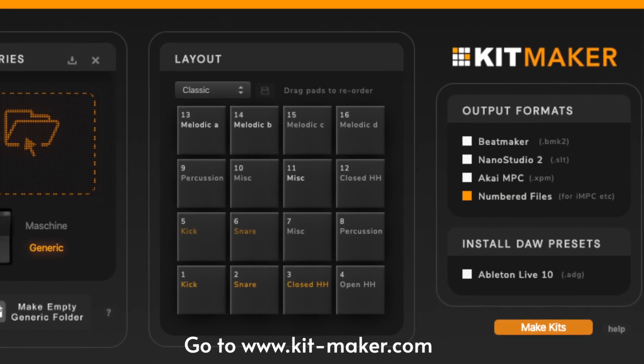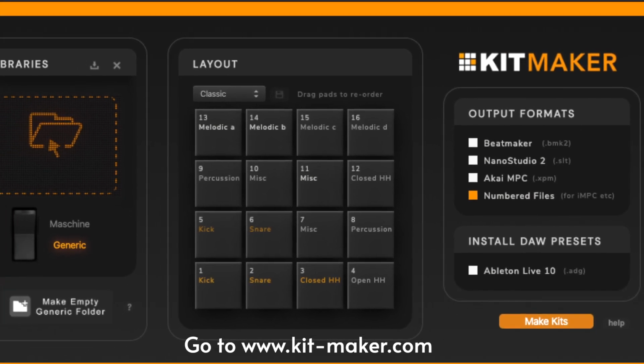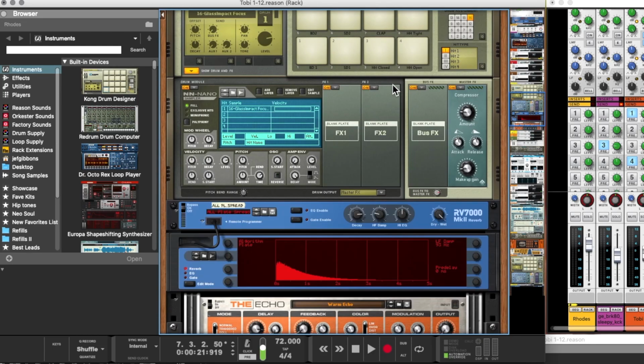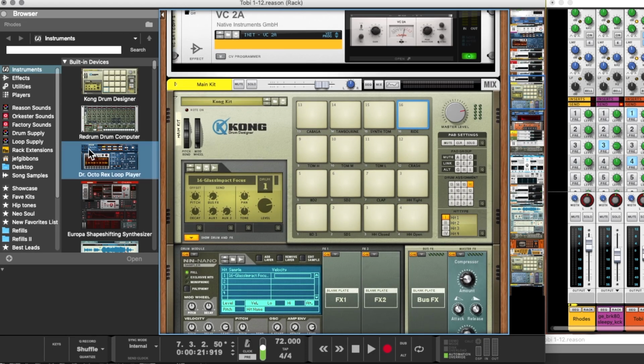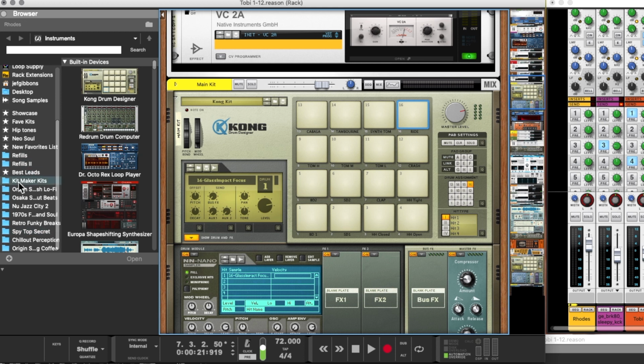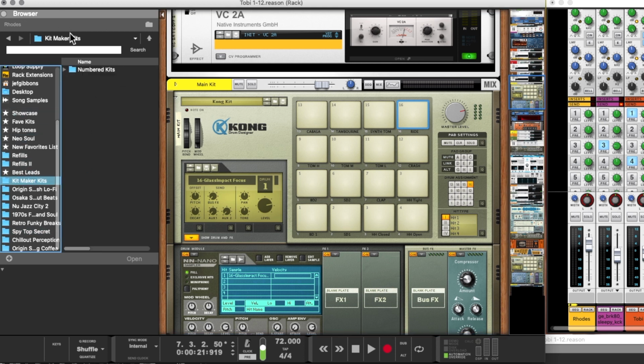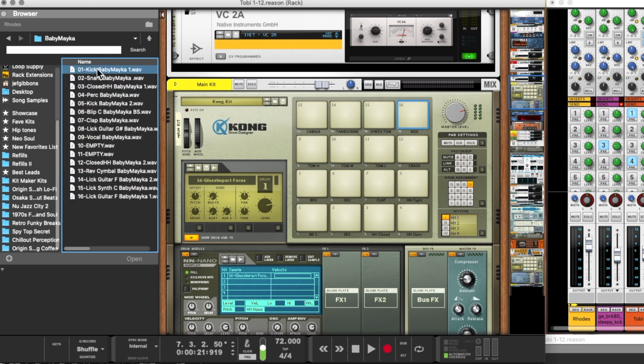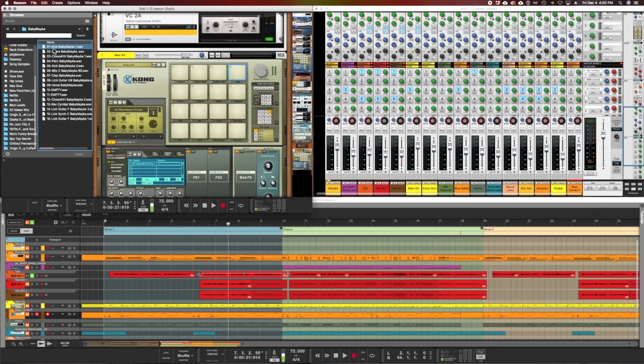I made some kits out of my favorite expansions and then brought them into Kong. I should really do a separate video for that, but all I did was create the samples. If I go over to my browser in Reason, I can see numbered kits, and it doesn't make Kong kits for you. All it does is take each one of your favorite expansion kits, and as long as they're just samples and not synthesizer patches, some of them will say empty, it gives you 16 different samples